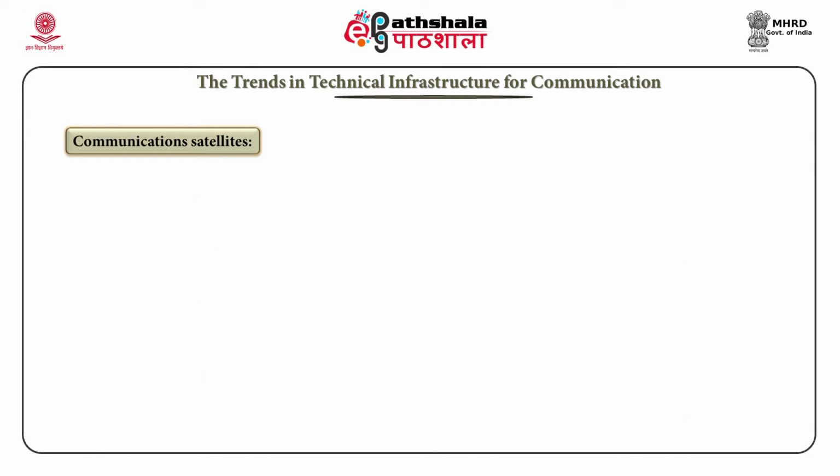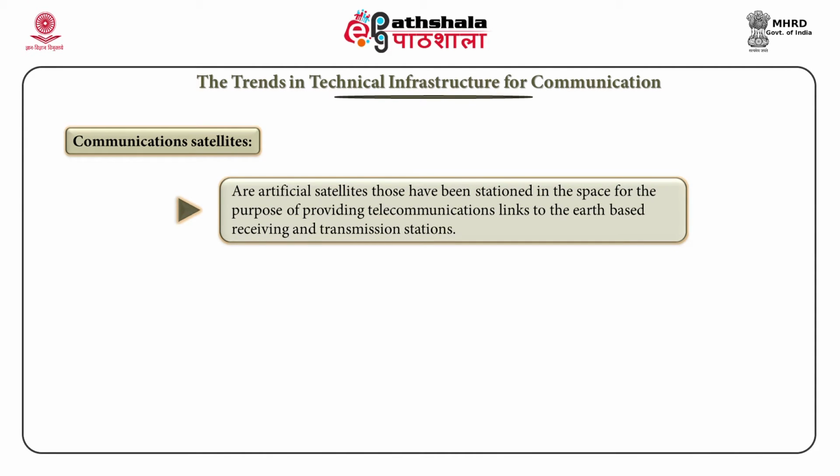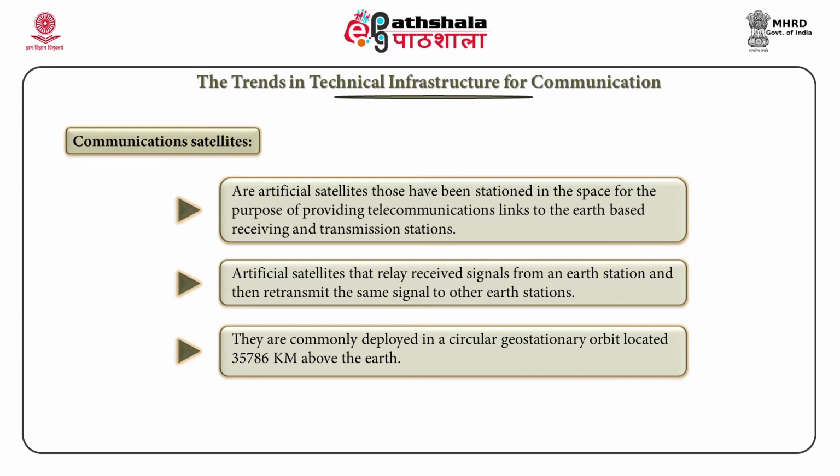Communication satellites. Communication satellites are artificial satellites that have been stationed in space for the purpose of providing telecommunications links to the earth based receiving and transmission stations. Artificial satellites that relay received signals from an earth station and then retransmit the same signal to other earth stations. They are commonly deployed in circular geostationary orbit located